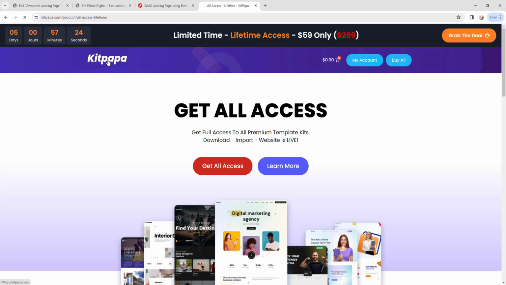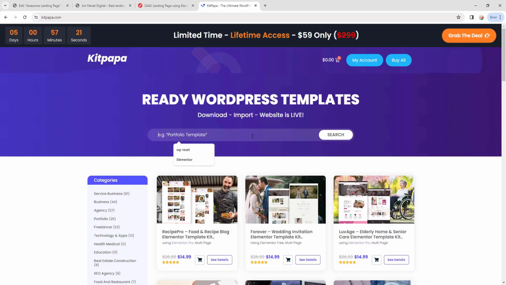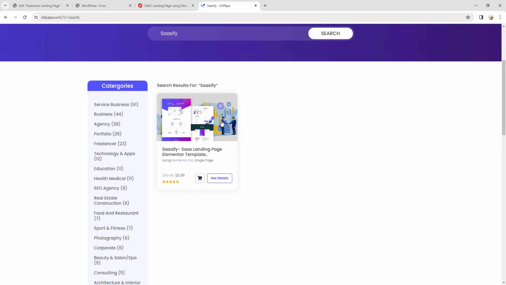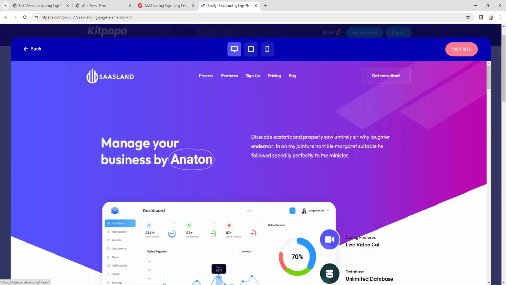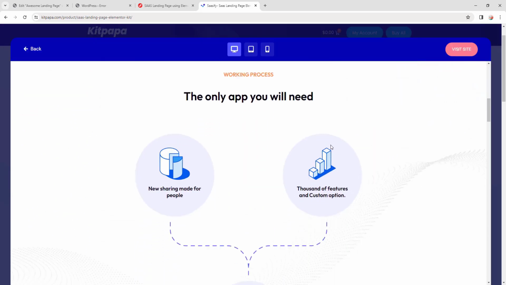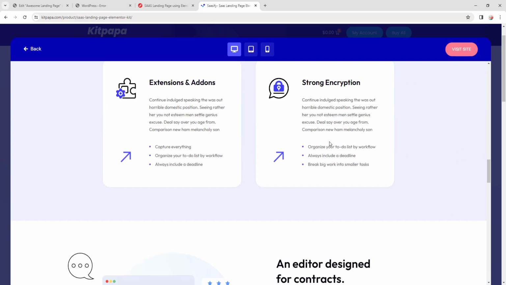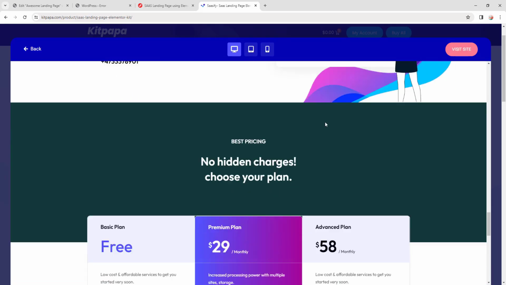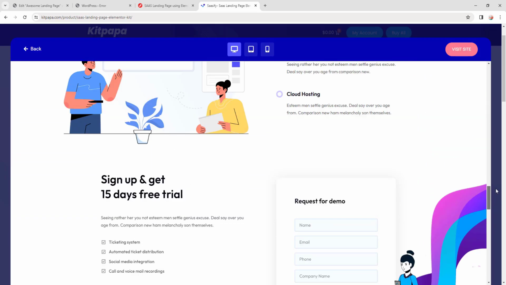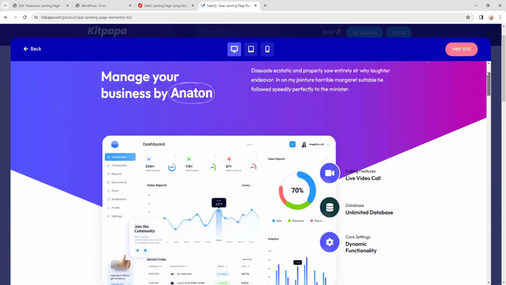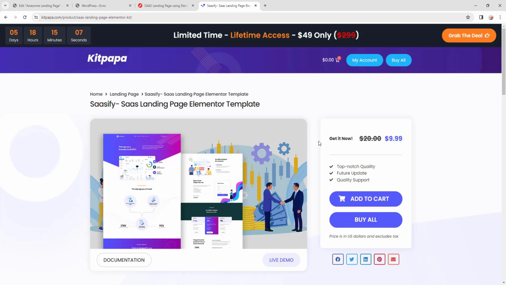So now let's go back to the KitPapa homepage, and from here let's search Saasify, and you'll see we have this template called Saasify, SaaS landing page for Elementor. In this tutorial, we're gonna make our site exactly like this. If you want to buy this website, you can buy it and install it within a few clicks. And if you want to make this step by step from scratch, then let's go to our WordPress and start